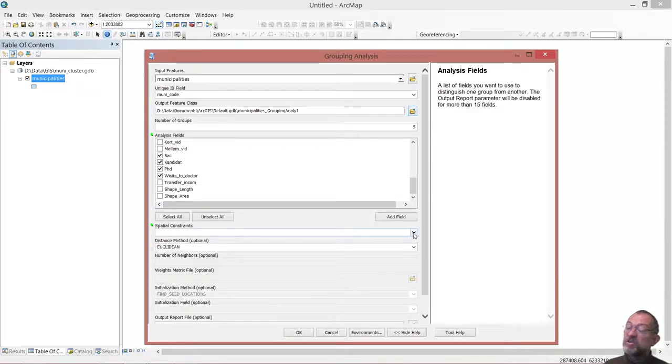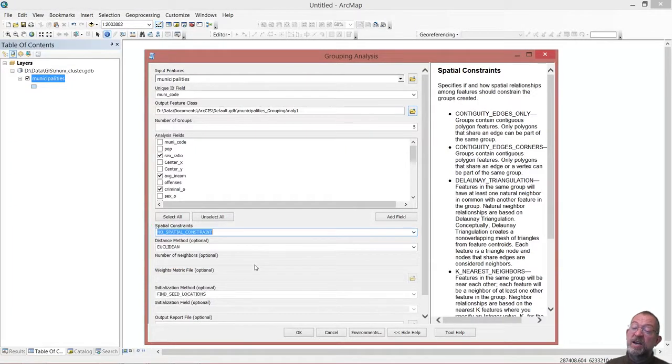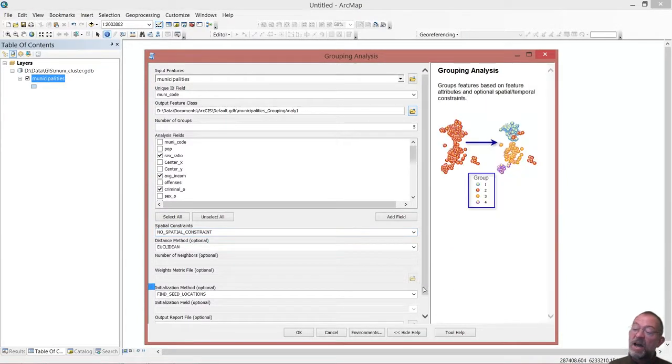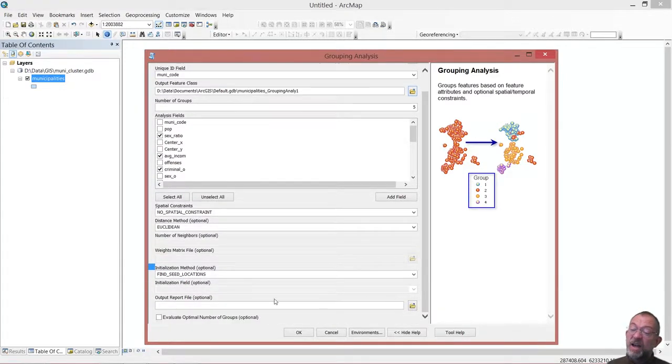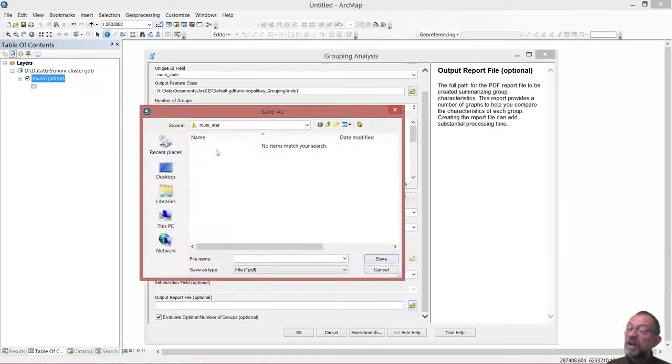I can specify whether I want to create a spatial constraint, so that my groups are spatially connected, and I can do that using different approaches. I just say I don't want to have them. My groups can be spatially discontinuous, and I can also ask it to calculate an optimal number of classes. This one says that it will use an algorithm to find some seed values to start on, those initial group mean values, and then I can ask it to generate a